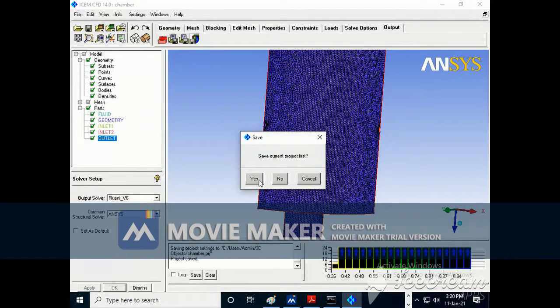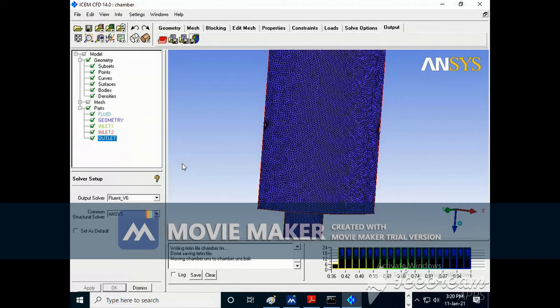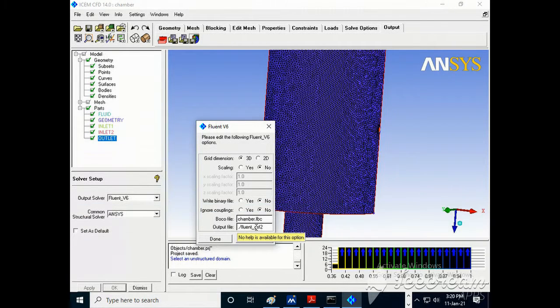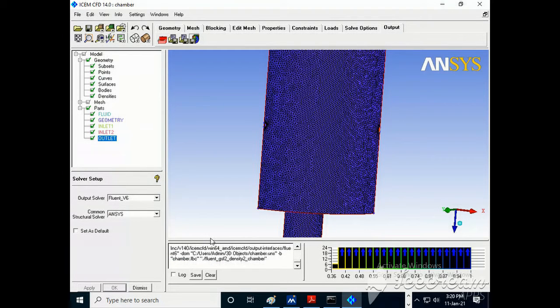Then I will go for save geometry. So open. Here I can say GSF2 density 1 chamber. Done. So likewise one can do meshing.